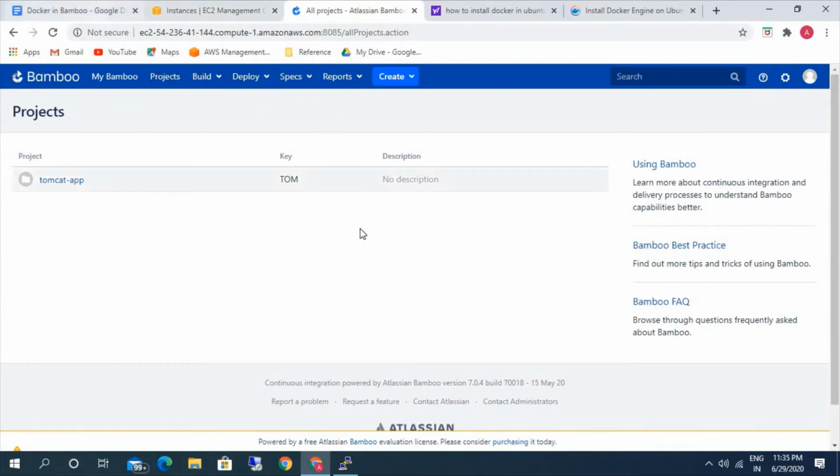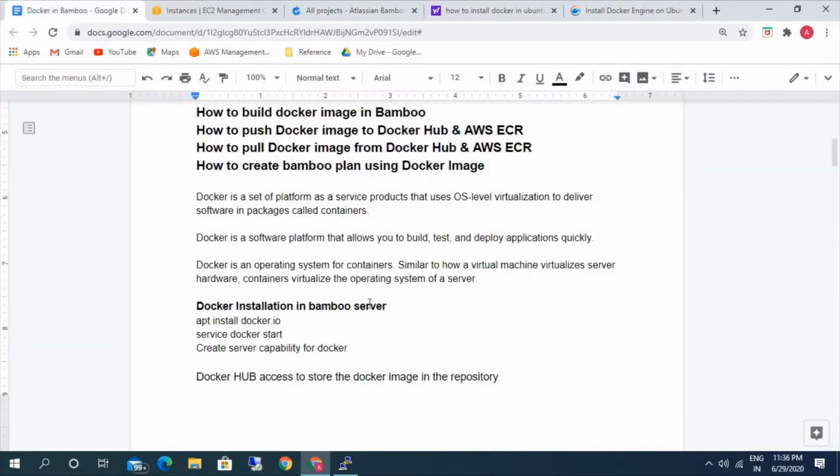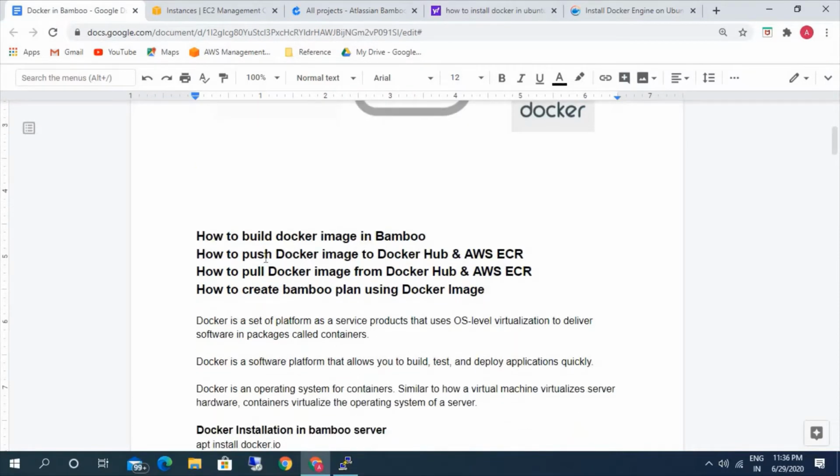First we will create a new project for Docker, and we will create a Docker image and push it to our Docker Hub. As I said earlier, we will be pushing the image to Docker Hub and AWS ECR. The prerequisite before we do this is that we need to have an account in Docker Hub, we should have an AWS account, and we should have a repository in our ECR.